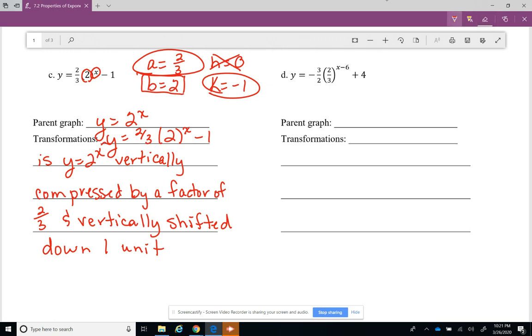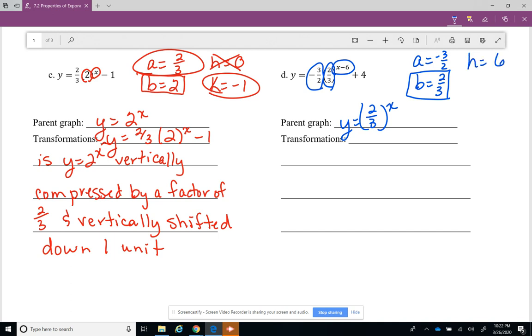All right, let's look at our next one. Let's look at our b and our x to get our parent graph. So y equals 2/3 to the x. All right, let's see what our variables are. a is -3/2. b is 2/3. We've already done that one. We don't need it again. h is the opposite of what you see, so it's 6. And k is 4. Now, if you need to put a plus in front of those to help you remember,